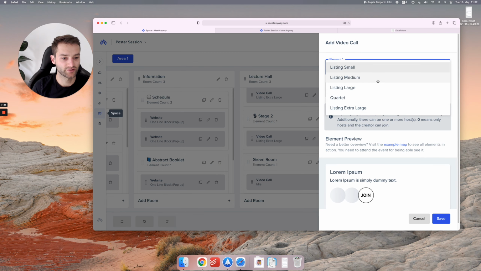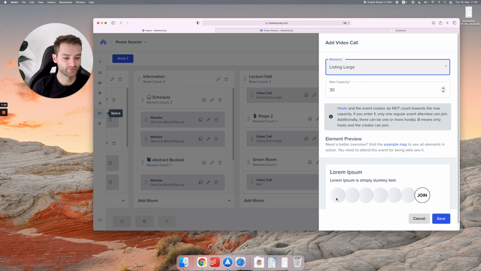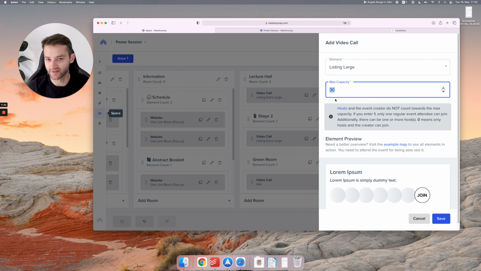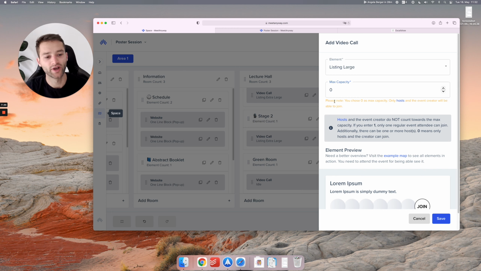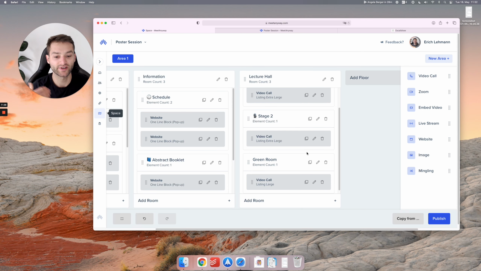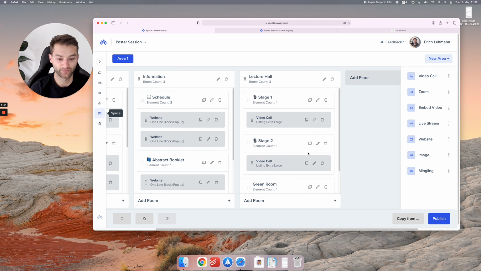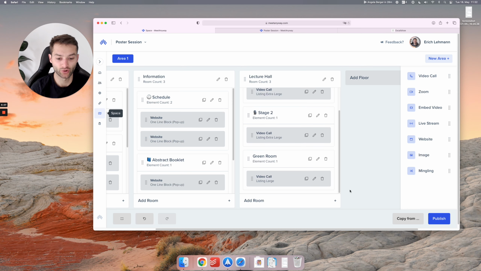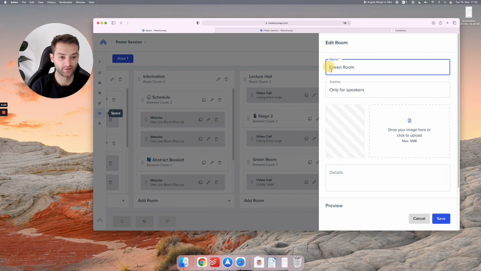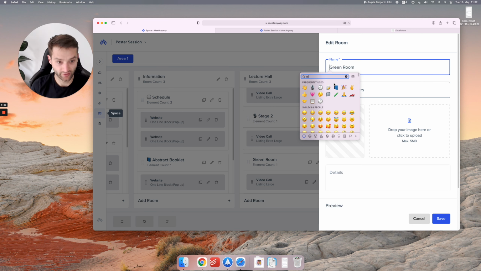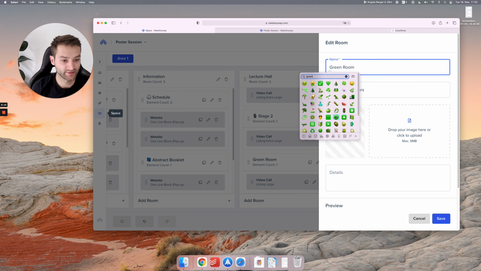Let's choose the listing large and put the max capacity, and this is the trick, to 0. Why 0? Because if the max capacity is 0, we do not count hosts inside of the max capacity, which means that if you put in 0, only hosts will be able to join this element. And since you have to make speakers into hosts anyways, this is very comfortable because only they will be able to join the green room. And as usual, I like to give these things some emojis,